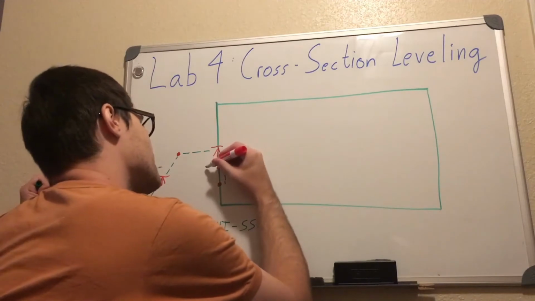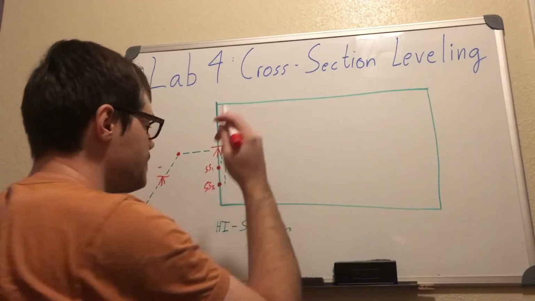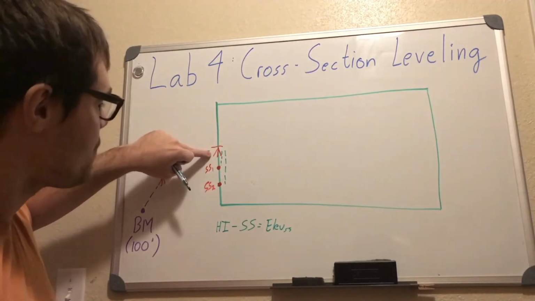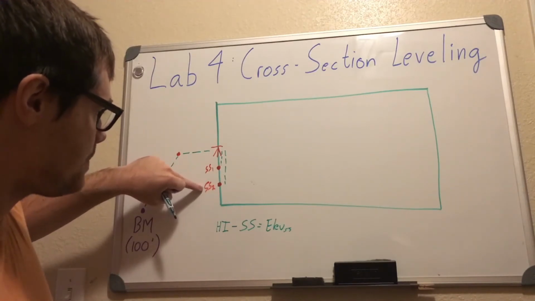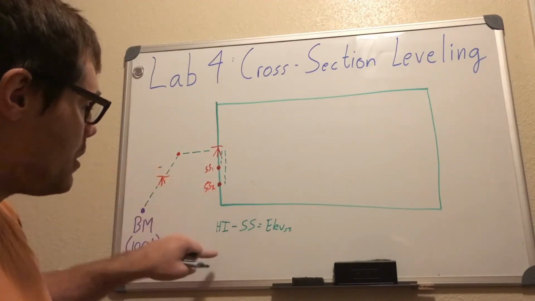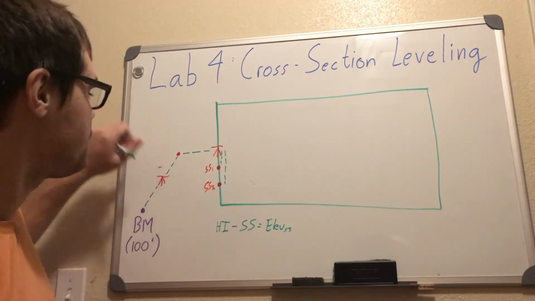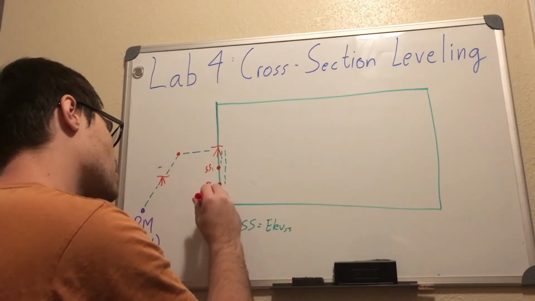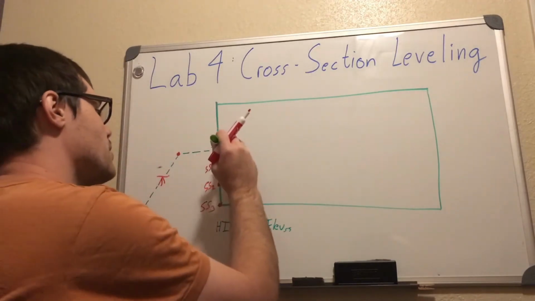We'll go ahead and label for simplicity's sake side shot 1, side shot 2. Okay? Same thing though, our equipment is in the same place. We take a side shot, another set distance forward, and then from there we use the same equation to get our elevation at that side shot. Okay? We do it a third time, or however many times it takes to cover our area, so we'll call this side shot 3. Okay? And once again we do another